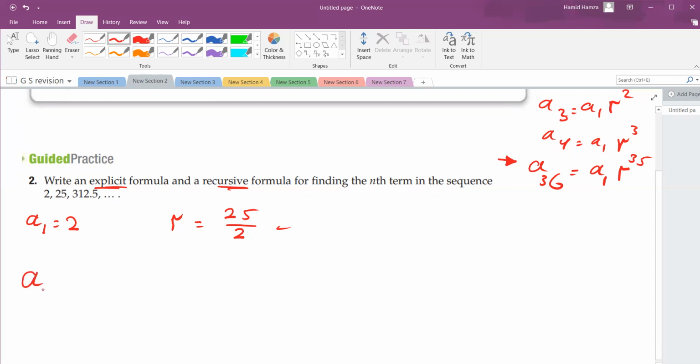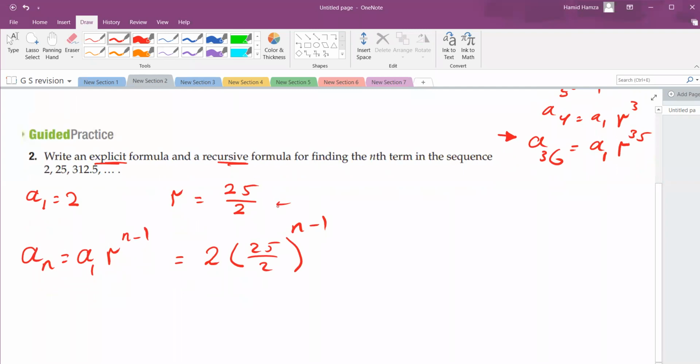So an will be equal to a1 r raised to the power n minus 1. We substitute a1 and r, so it will be 2 times (25 over 2) raised to the power n minus 1. So by using this formula, you can find any term in this sequence. For example, he may ask you to find